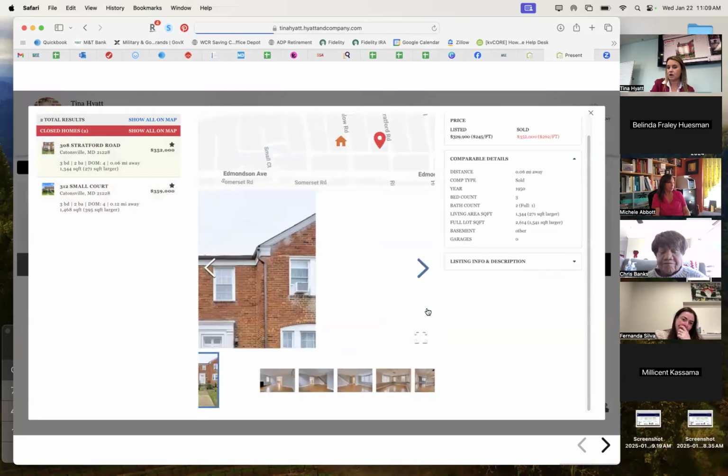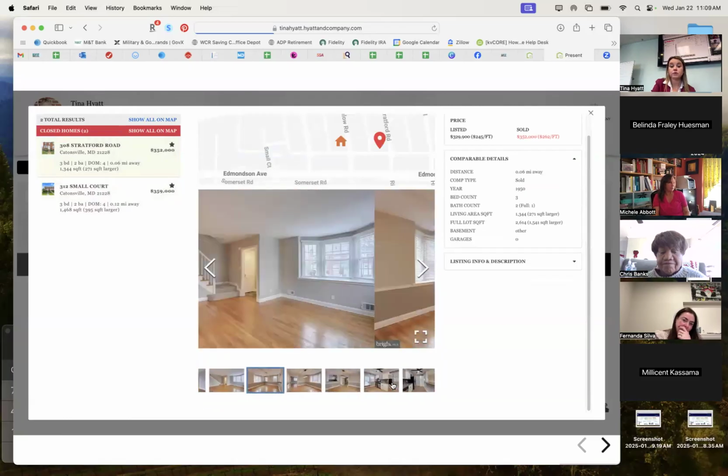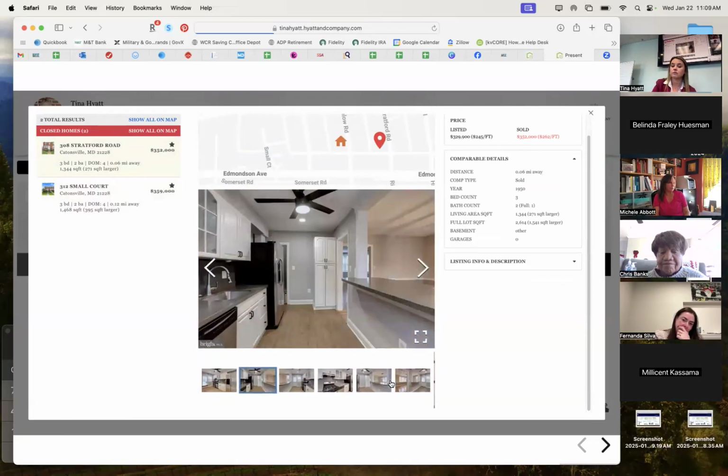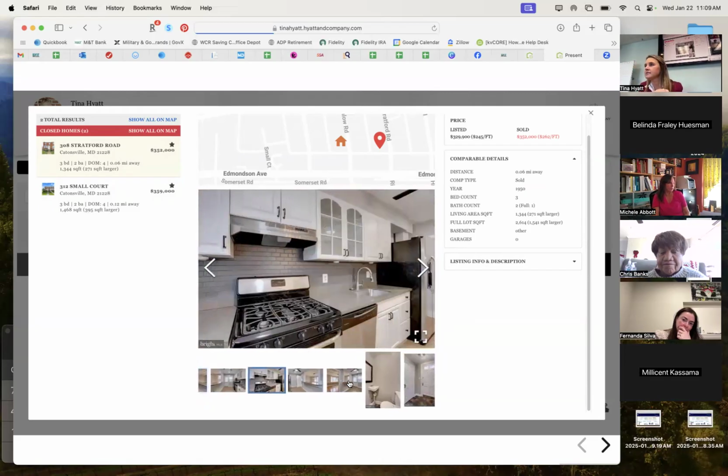Here's the next one. This is Stratford Road. Both of these are end units, so we do have to account for the fact that both of these are end units. This one, they modified that wall to open up the kitchen dining room area. Is this valuable, guys? Is this next level from coming in with a paper CMA report that we printed out off of the MLS?